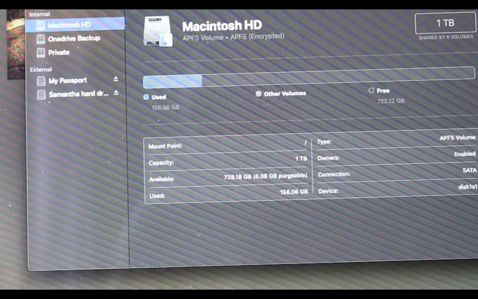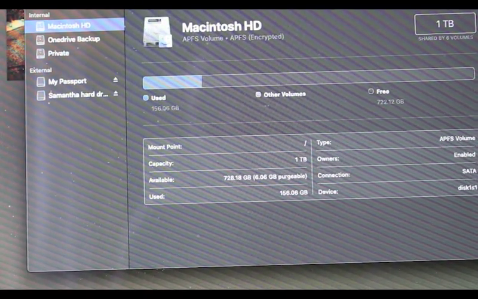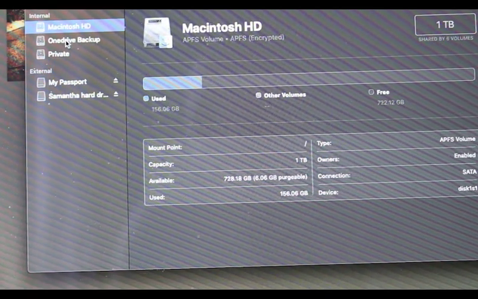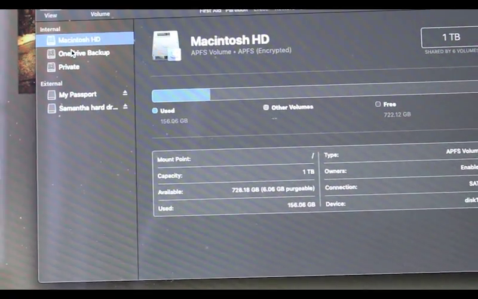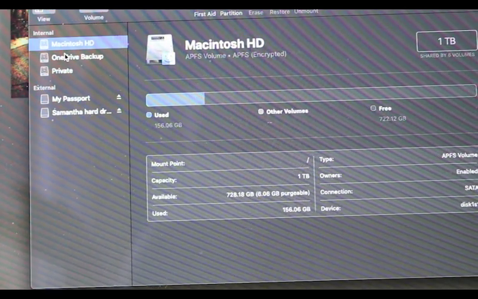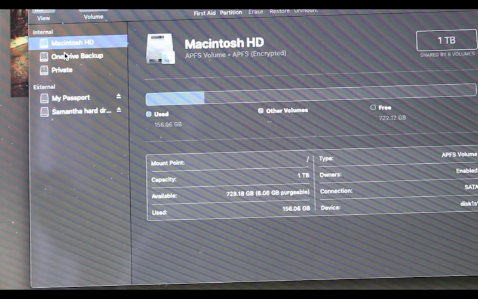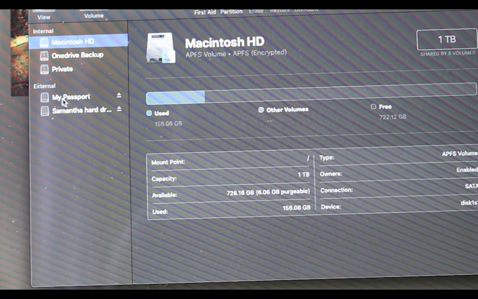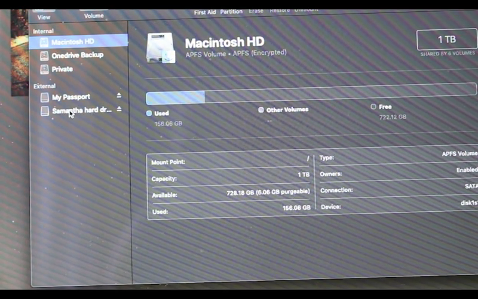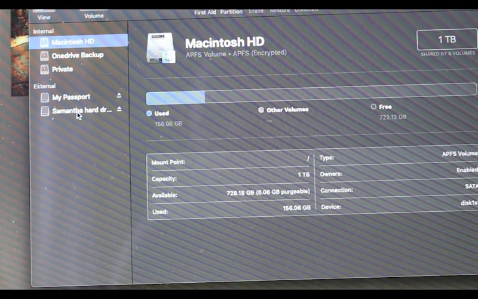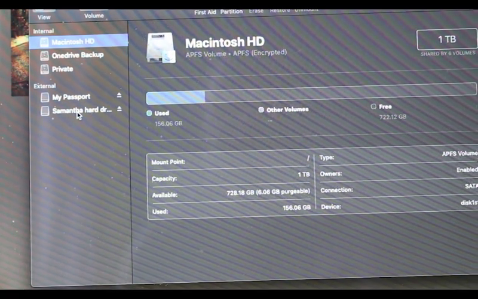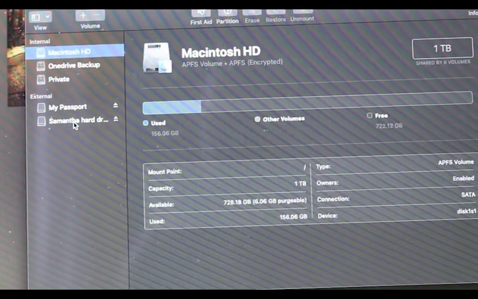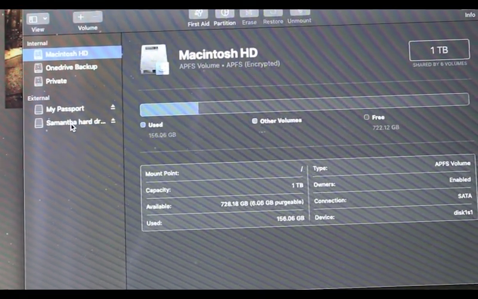It's loading in. You've got your main hard drive, the OneDrive backup, which is my OneDrive that I've got a backup of. The ones important here are my external hard drive and Sam's hard drive. Now every time I restart my Mac, what happens is it doesn't mount my partner's, because I've had trouble with